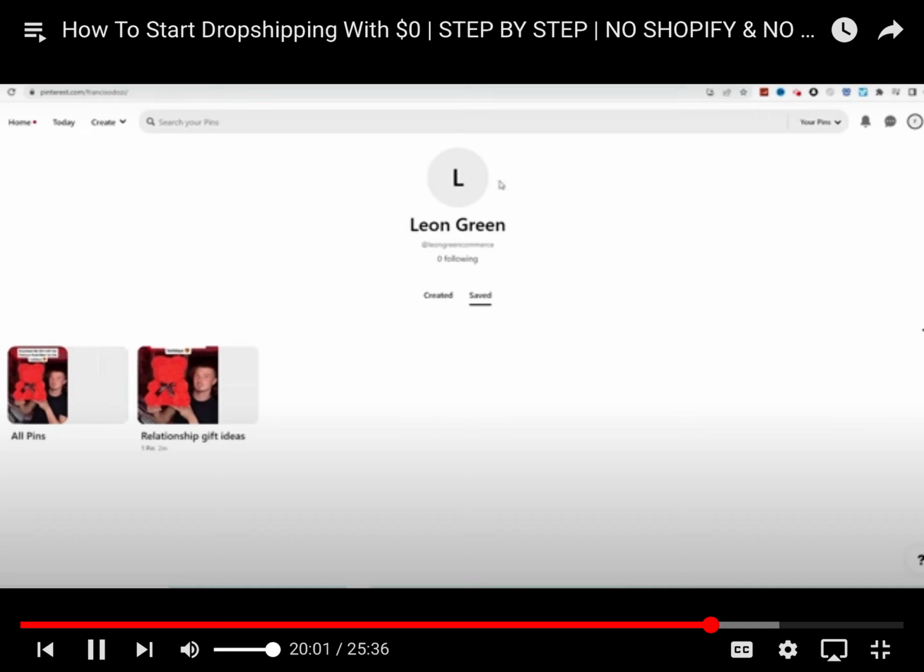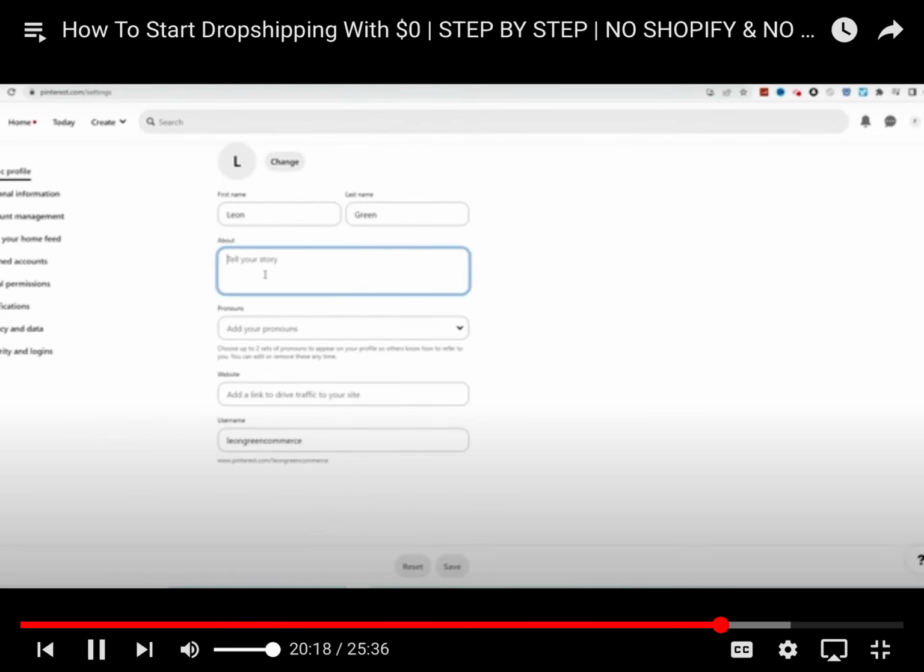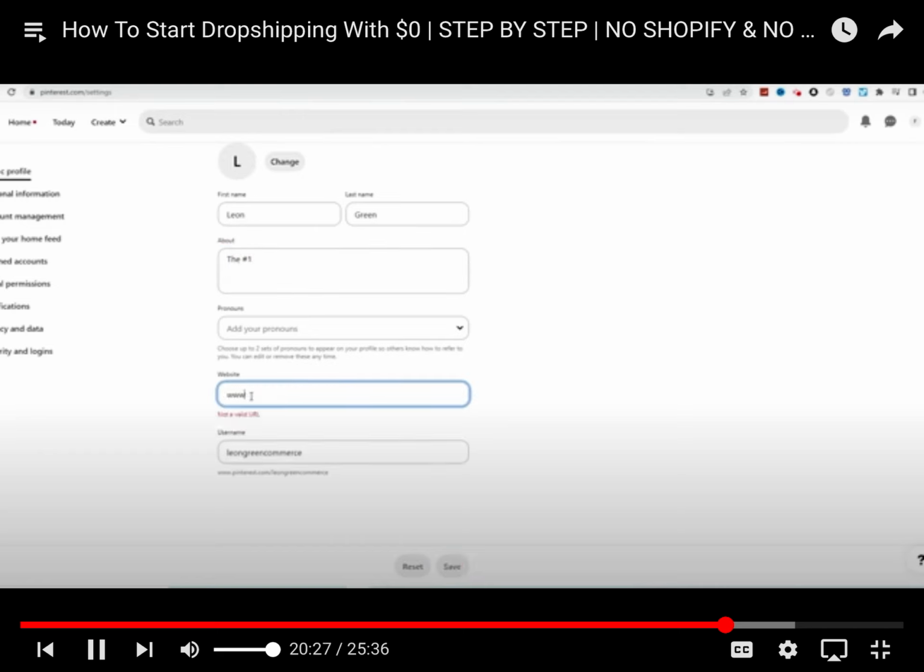Okay, what's gonna happen is when people see your post, if they really like what you got going on, if it's a product that's a great idea, they're gonna come to your profile. Obviously, you want to edit your profile picture, write a bio and everything. And to do that, all you have to do is come right here on the top right, and then come here to settings, and then you just add your bio, whatever, like the #1 website to buy this or whatever it is. And then here you're gonna add the link to your website,